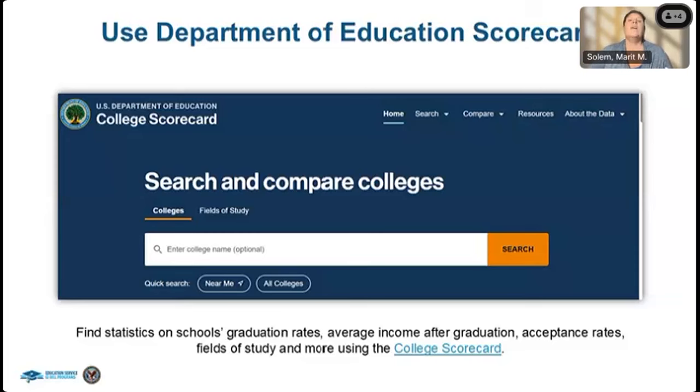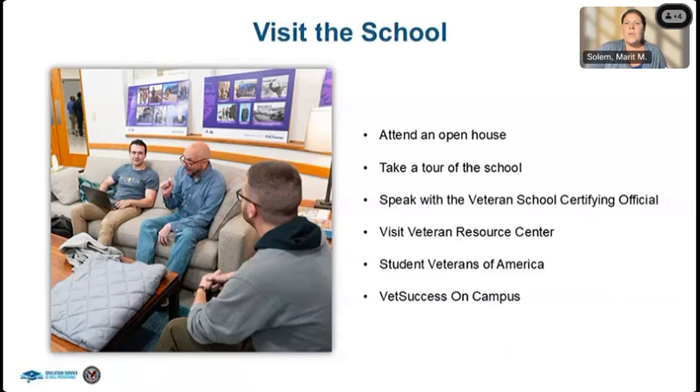But that's really important to look at, graduation rates and average income after graduation, as you plan your career journey. So a lot of schools have open houses, or you can request to take a tour of the school. I know sometimes there are even virtual options to take virtual tours of the school. Maybe you're not sure if it's a school that's a little bit farther away. You're not sure if you want to invest in traveling to go visit the school if it's a couple states away. Maybe a virtual tour is a good way to start the research process for that.